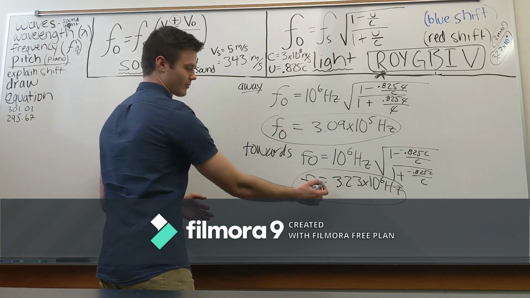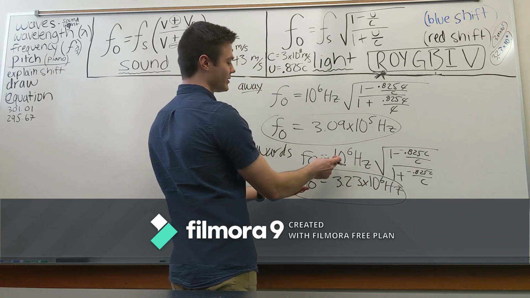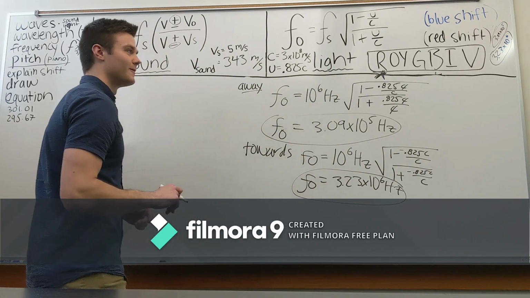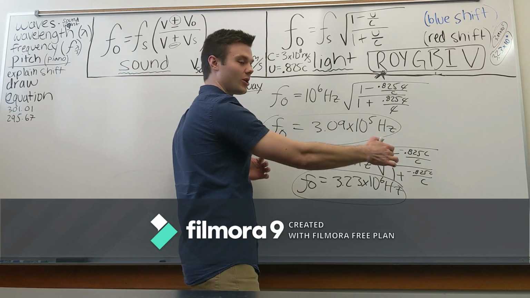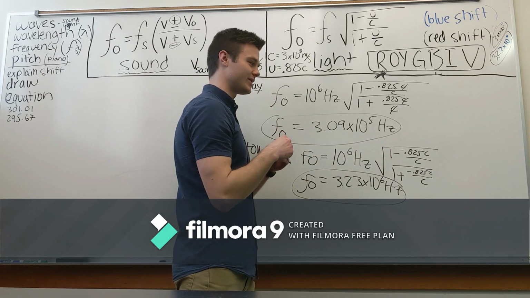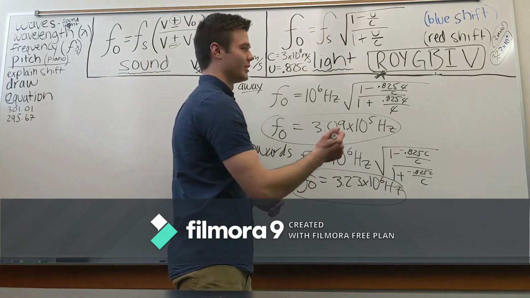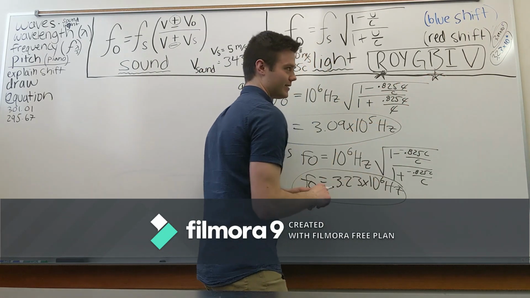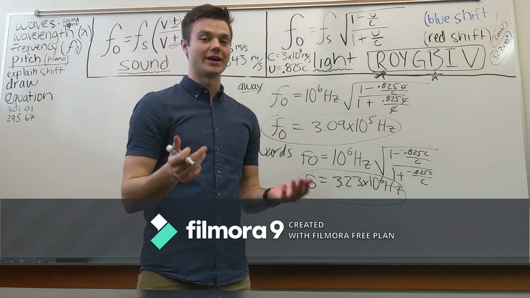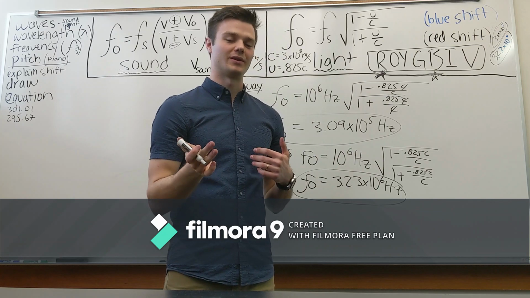Now you'll notice 3.23 times 10 to the 6th hertz is greater than just 10 to the 6th hertz. And so just like when the car was moving towards us, the frequency is greater because the waves become more bunched. They appear more bunched to us. And that is an example of blue shift. The light is going to look more blue to the observer on